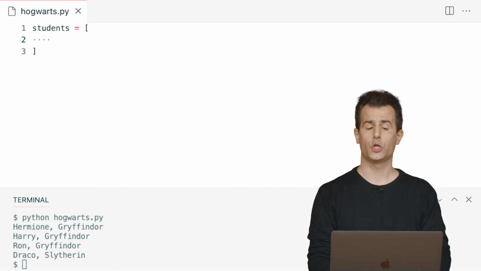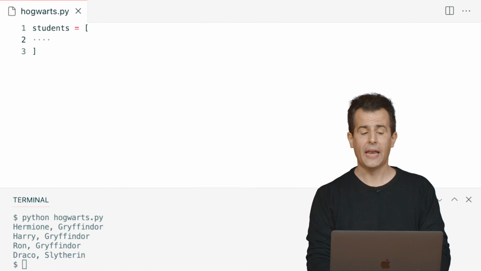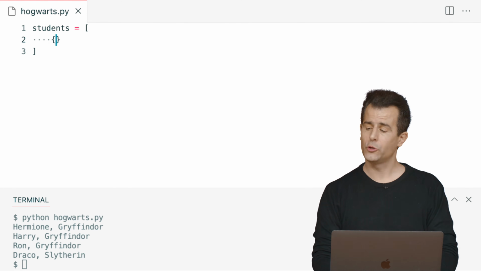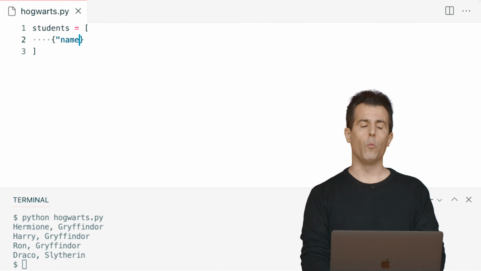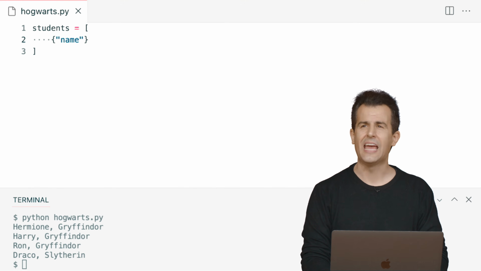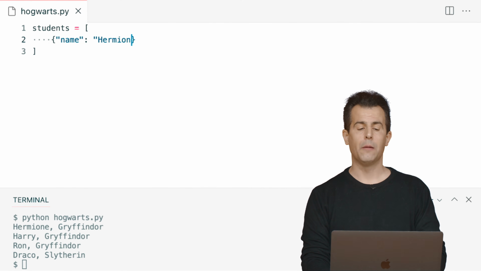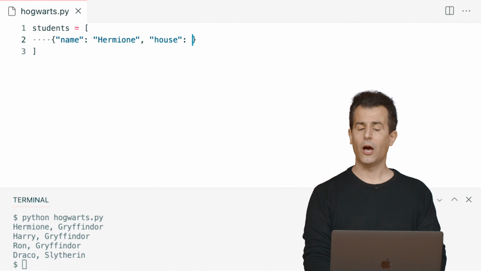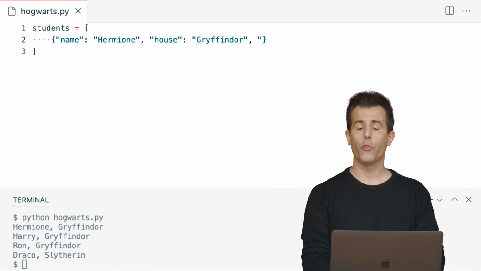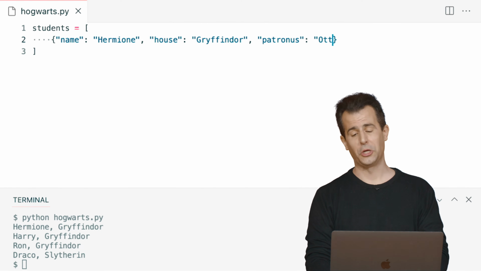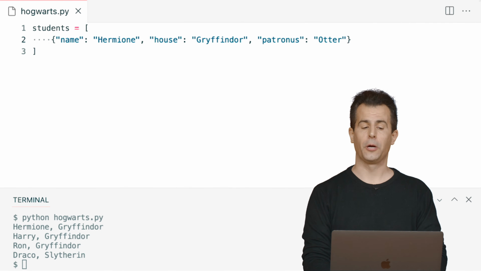I'm now going to create a dictionary, one dictionary per student. And how do I create a dictionary? I just use those curly braces. But it's up to me to define what those keys are. And let me propose that one key this time won't be the student's name explicitly. It will literally be the word name, and they're going to have the name Hermione. This same student is going to have another key called house, and the value is going to be Gryffindor. And this same student's going to have a third key called Patronus, and the value of that is going to be, I had to look it up, an otter, according to the book.